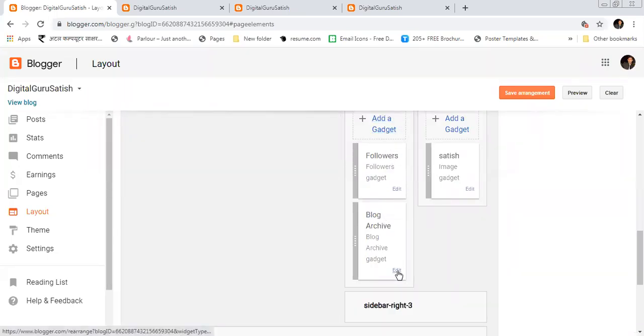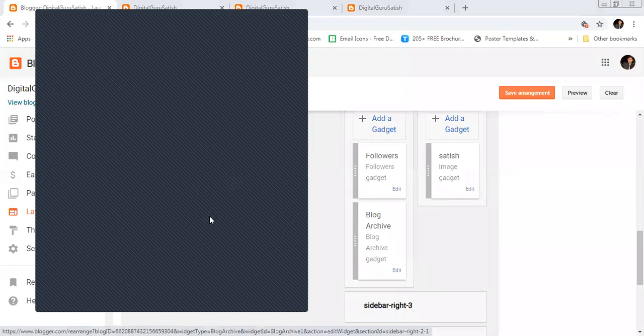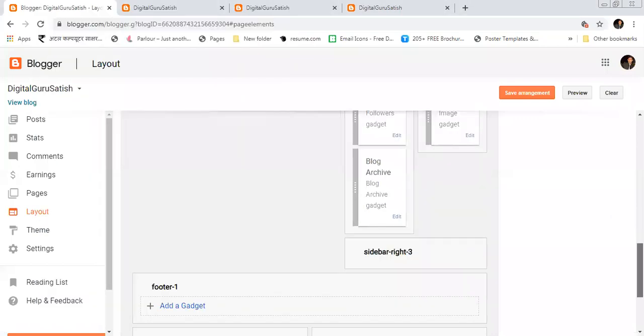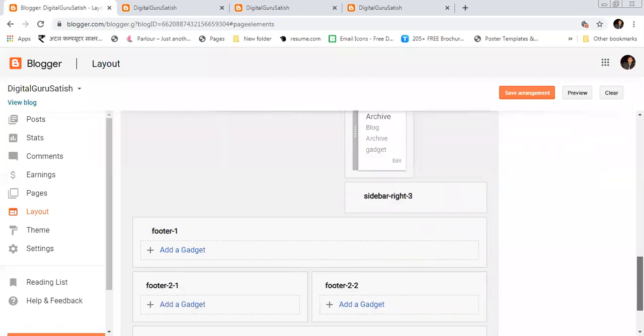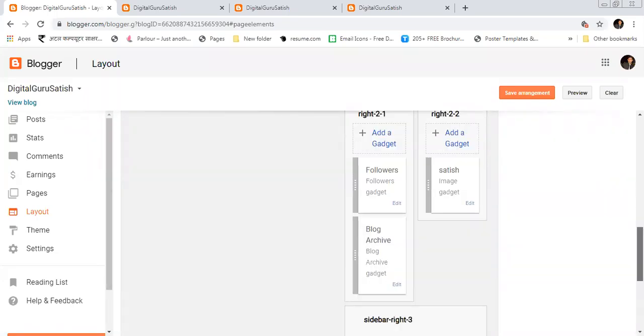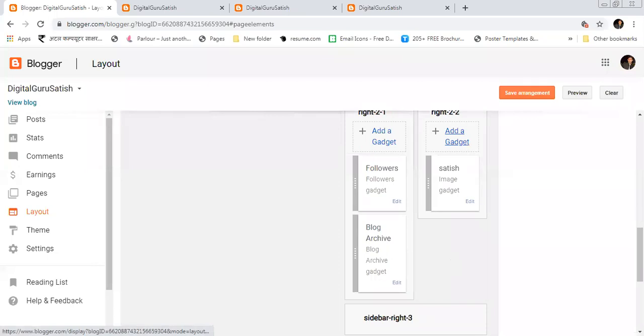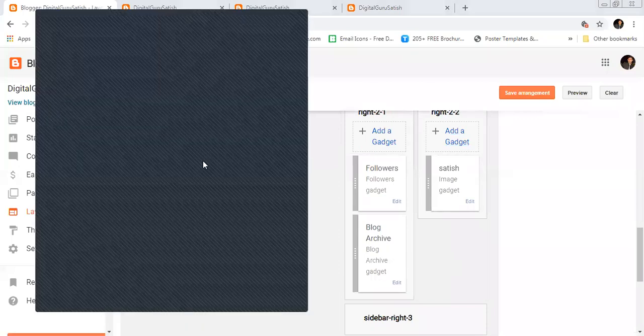If I want to delete this, I can delete it after clicking the edit button, or I can add with the help of the add a gadget button. There is sidebar 3 also present, but we will not use that. Add gadgets. Here I will add one more. I will add a featured post.